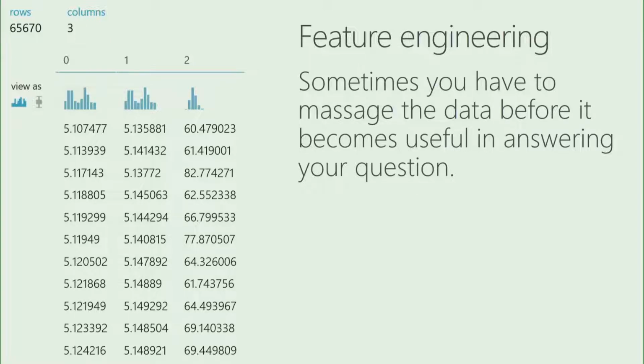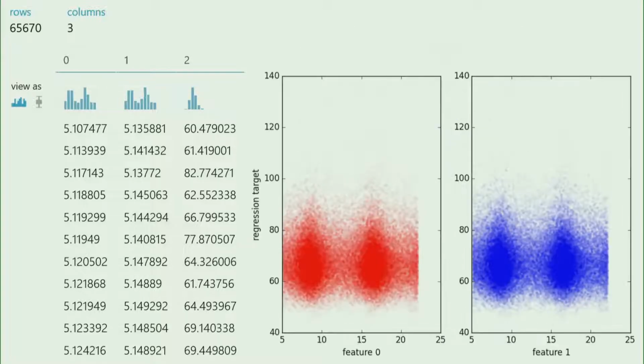To understand if there's a relationship here already, sometimes it's a useful exercise to plot your features against your target variable. And so we'll go ahead and do that. In this case, on the right, we've plotted feature 1. On the left, we've plotted feature 0. In both cases, the y-axis is our target variable. And we can see that this is really not helpful.